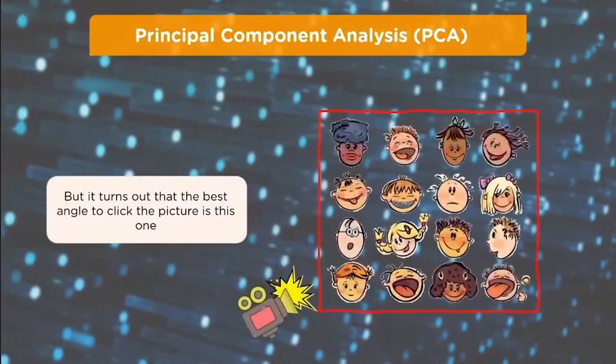And it turns out that the best angle to click the picture from might be this bottom left angle. You look at it and you say, hey, that makes sense. It's a good configuration of all the people in the picture. Now, when we're talking about data, you really can't do it by what you think is going to be the best. We need to have some kind of mathematical formula